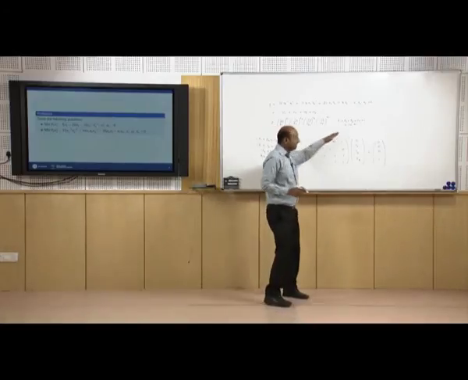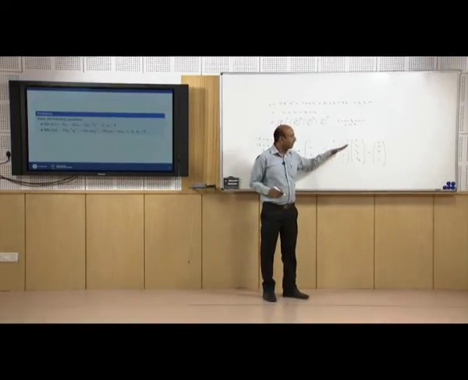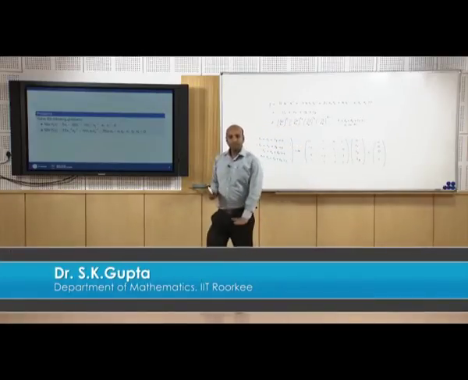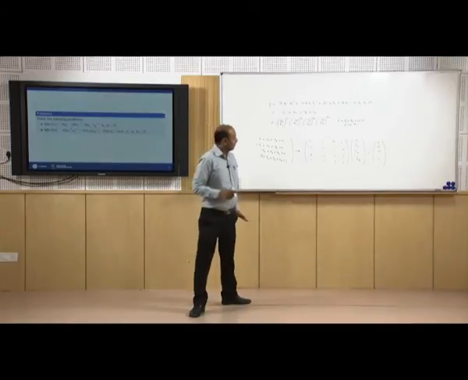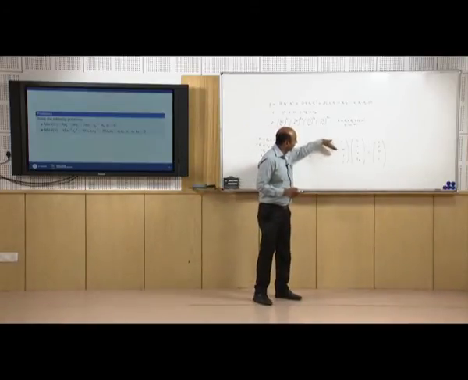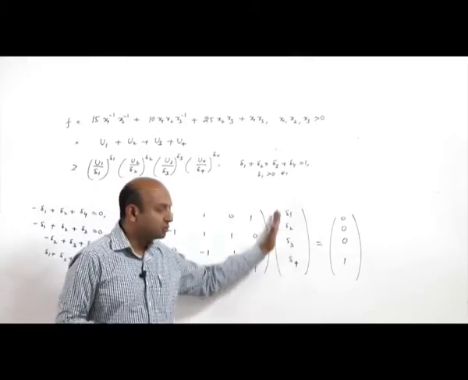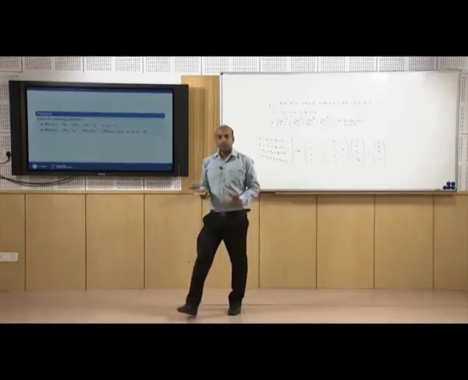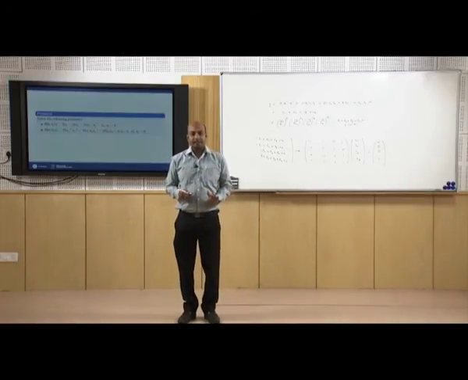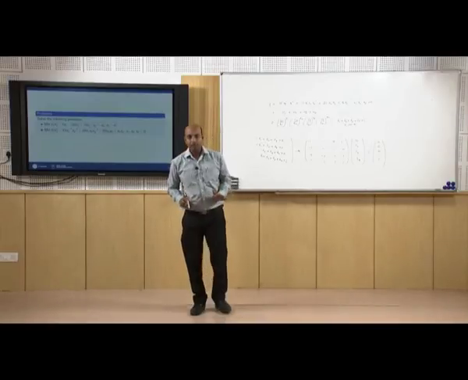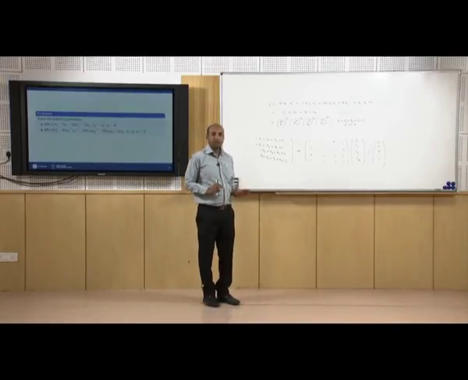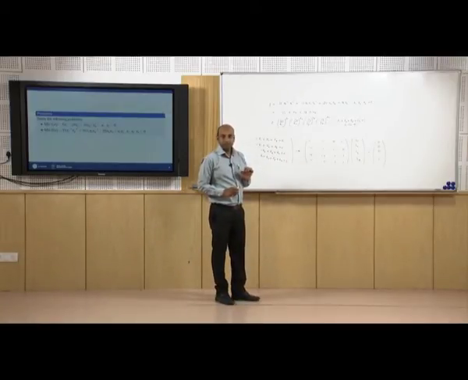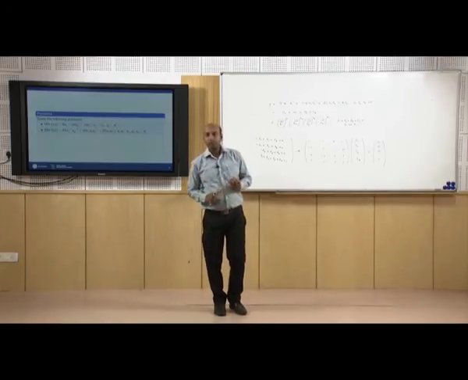So, it is a system of linear equations. You can apply any technique to find the values of delta 1, delta 2, delta 3, delta 4. You can make it an upper triangular matrix or anything to find out the values of these unknowns. Once you find the values of delta i's, then using the equality constraint, that is u1 upon delta 1 equal to u2 upon delta 2 equal to u3 upon delta 3 equal to u4 upon delta 4, you will find the values of x1, x2 and x3, which will give the optimal solution of the problem.